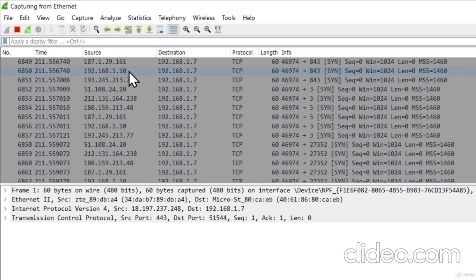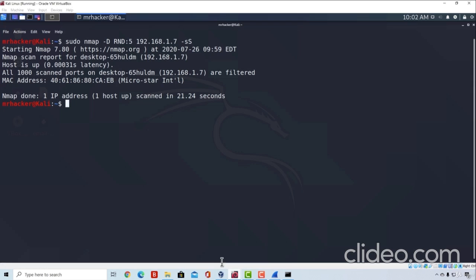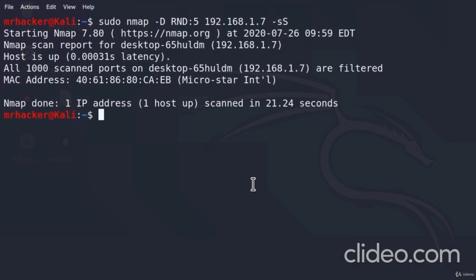So how can we change this and make it seem like the scan is coming from 5 local IP addresses that belong to my home network? Instead of running the command like this, what we can do is we can run the command like this, so sudo nmap and then -D, and after -D we specify 5 different IP addresses including ours. So we'll specify